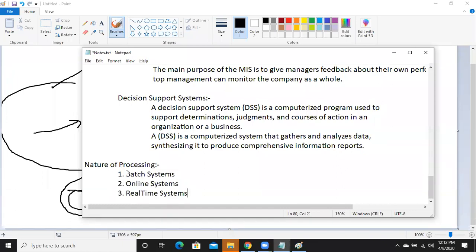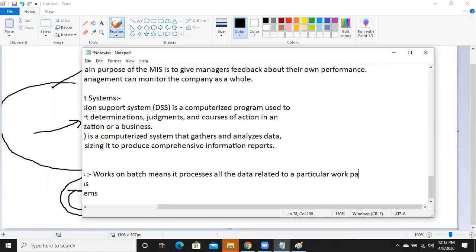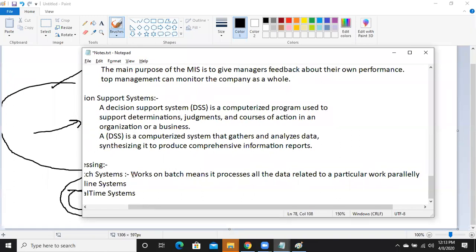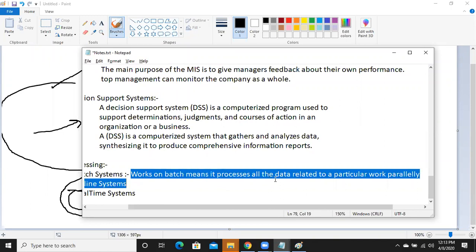First, we have the batch system. These systems work on batches, meaning they process all the data related to a particular work in parallel. Okay, so what I mean is that this batch processing system will process the same type of